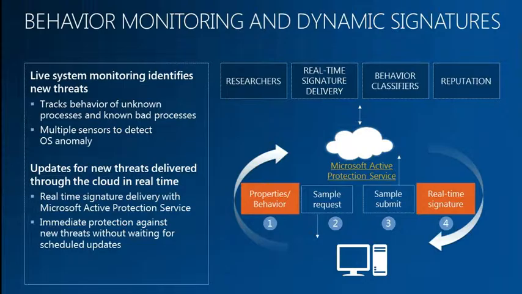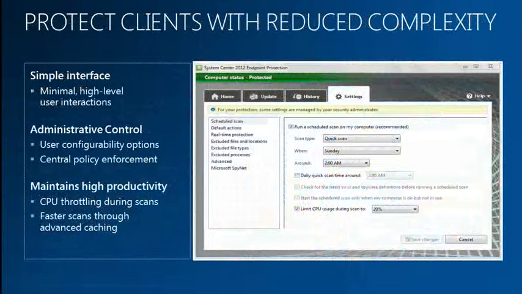So that's the two sides of the equation. One is real-time signature delivery. The other side is signature disable notification. Those two together are a much more client intelligence-driven way to stay safe or to stay productive without having a lot of administrator interaction. So that's my spiel. I'll turn it back over to Mark to finish up with the client UI and the